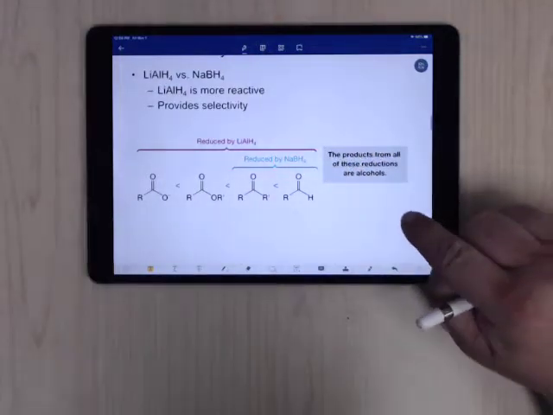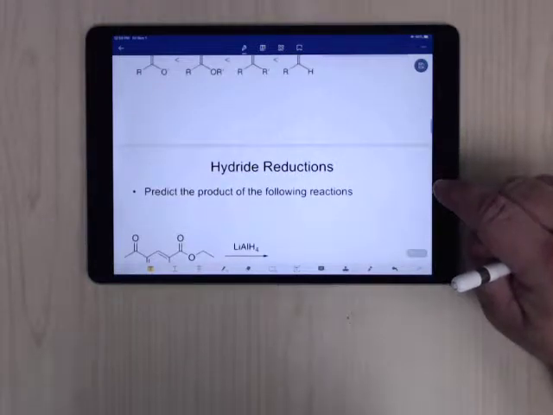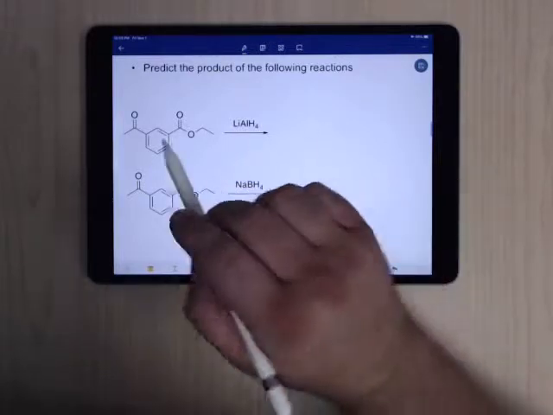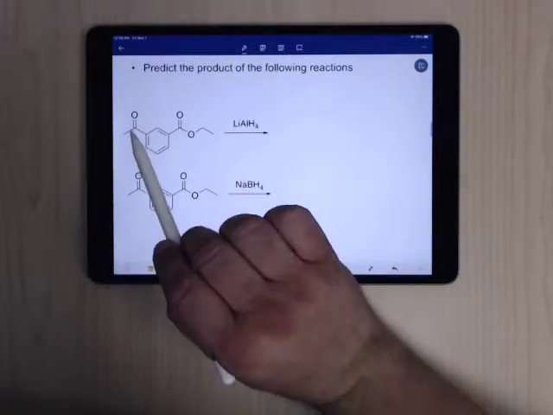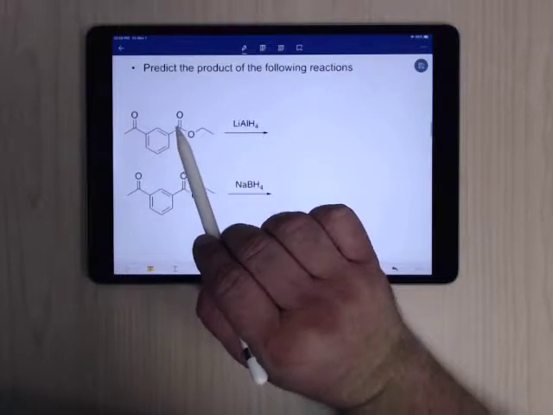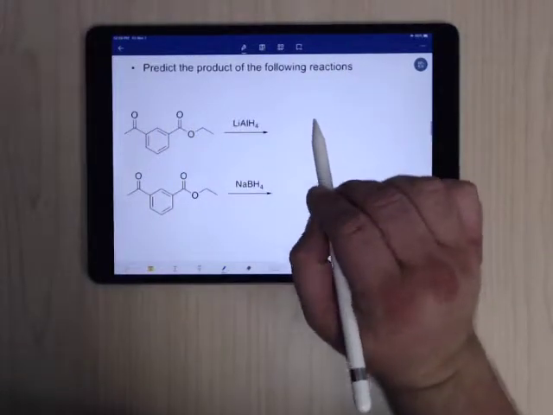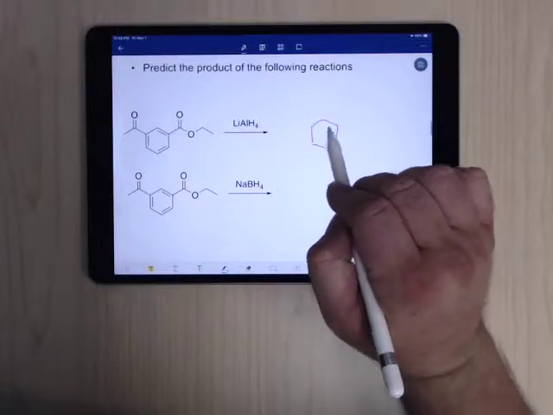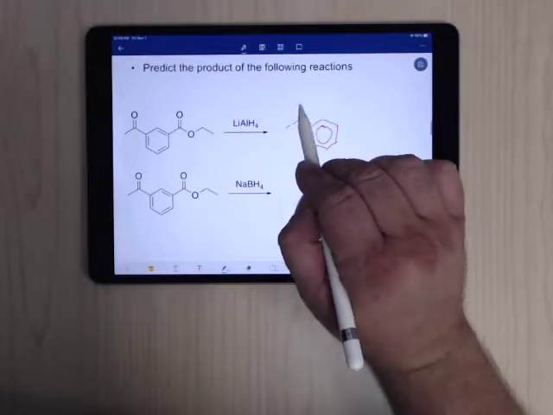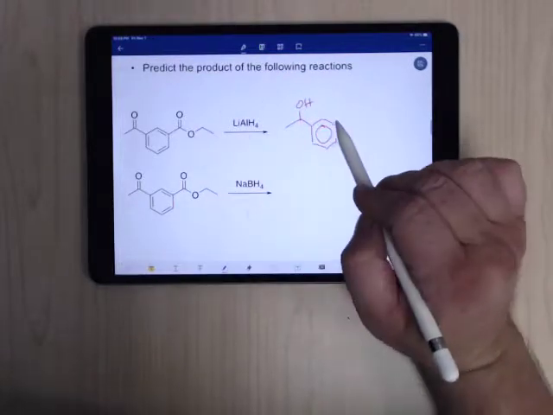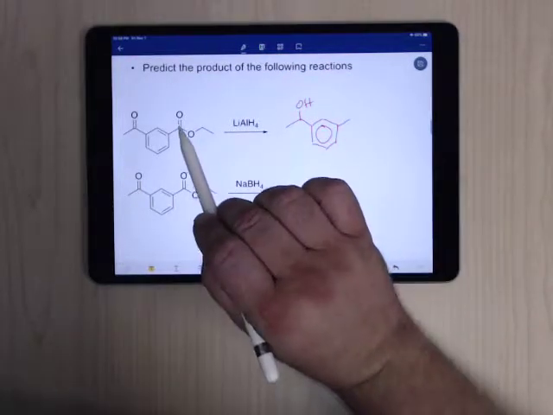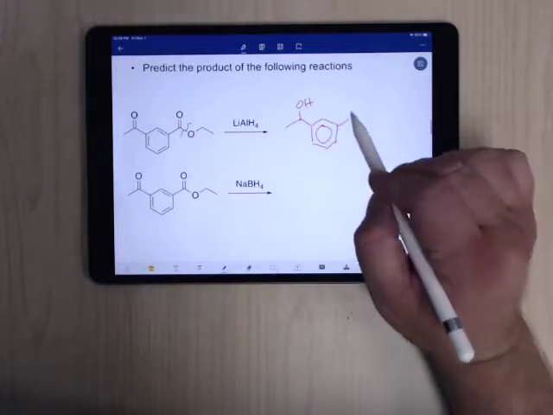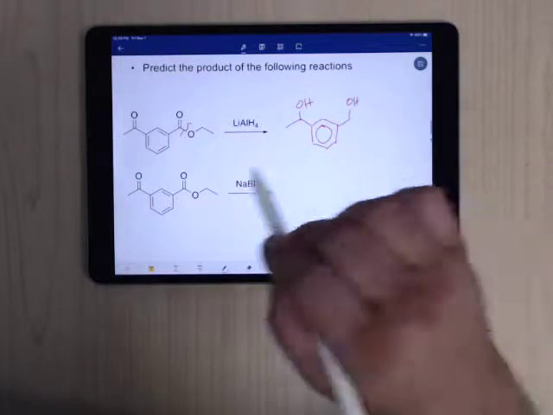But that provides some selectivity for this. So for example, if we had this molecule with lithium aluminum hydride, we have a ketone here and an ester here, so both of those are going to get reduced. So what you're going to end up with is, now the esters end up as alcohols. This carbon here gets cleaved, and this C double bond O ends up getting turned into the alcohol. So you get this plus